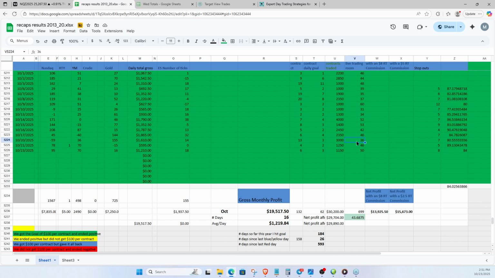We had 36 trades on Monday, and let me see, on the NQ, we had 9 trades on Monday. So the ES, we hardly traded the ES on Monday. With the ES, on Monday I had 14 ticks. Yeah, that's right. We had 3 trades on the ES on Monday. But that's what I look at.